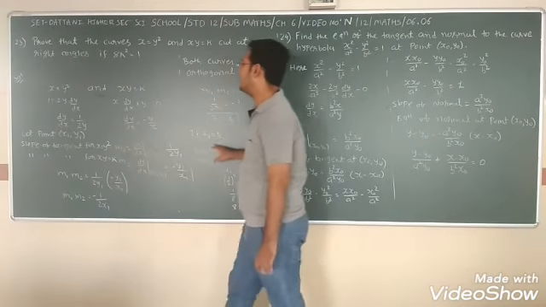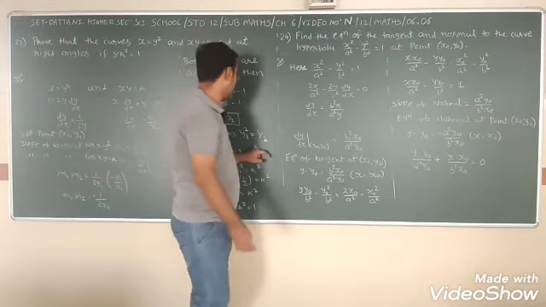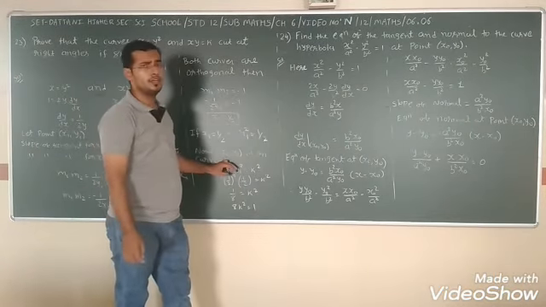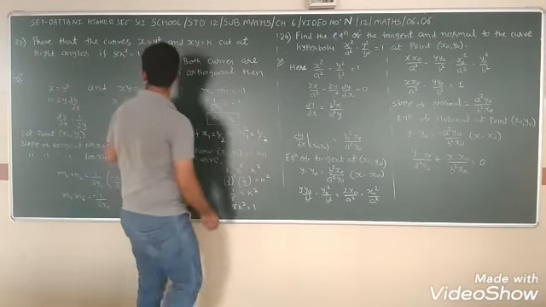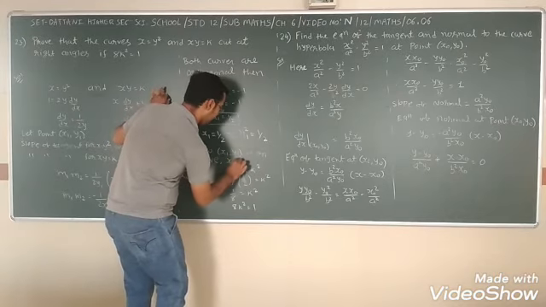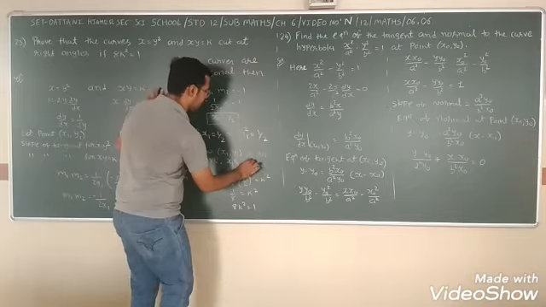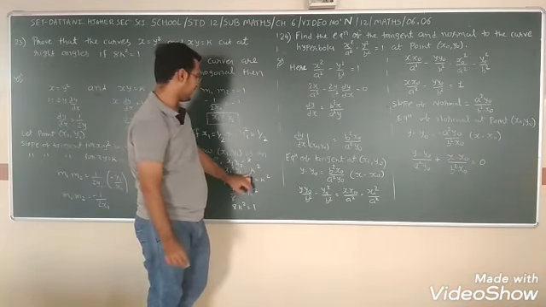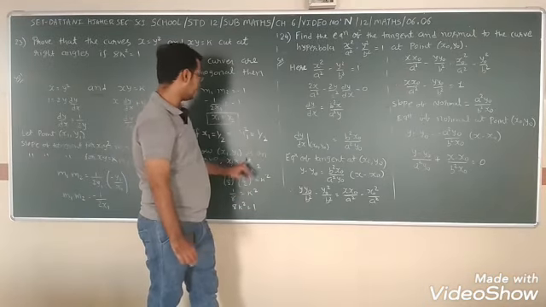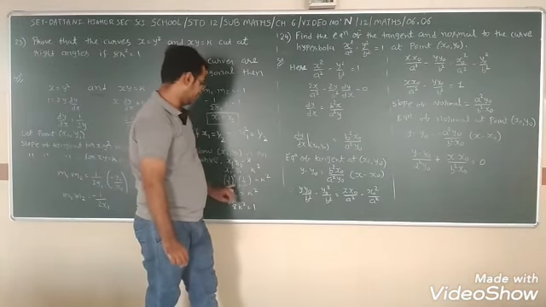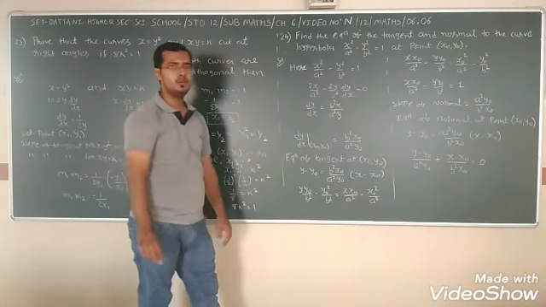If x1 = 1/2 and we put it in x = y², then we get y1² = 1/2. Now in the other curve xy = k, putting the values of x1 and y1: x1 y1 = k. Taking the square of both sides, we get x1² y1² = k². Putting in the values, (1/2)² times 1/2 = k², so we get 1/8 = k². Side change, so 8k² = 1.